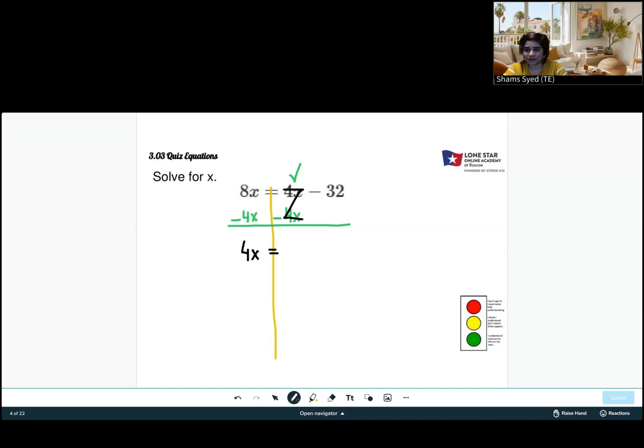And then what is going to be on the right side? Andromeda, very good. Negative 32. Don't forget the negative sign. A negative 32 is on the right side. Final step,